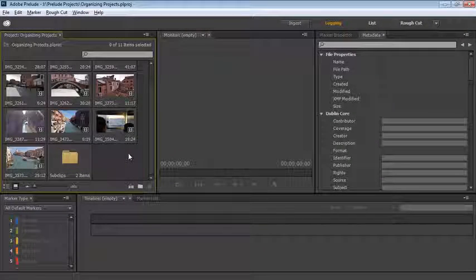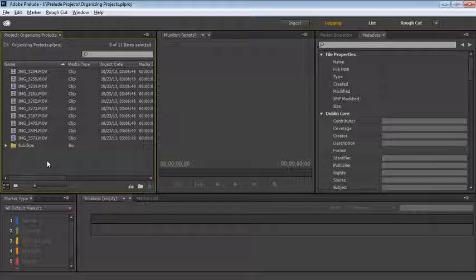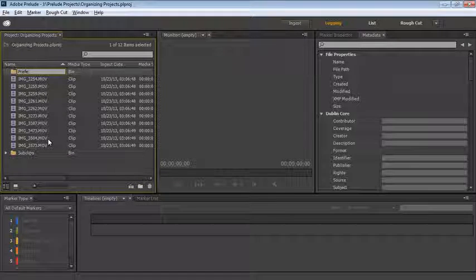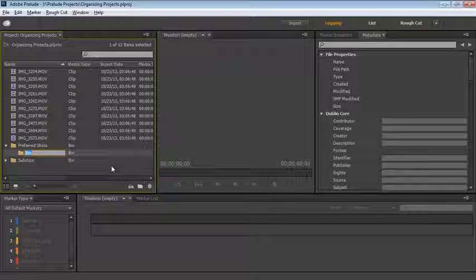Once you have some media inside Adobe Prelude, the fun really begins. The first thing you're going to want to do is probably organize your contents a little bit. So here in my project panel, I'm going to go back to the list view and make some bins. So let's call these preferred shots maybe, and let's have an alt takes. You can see I had my preferred shots bin selected, and when I click the new bin button it put the bin as a subdirectory, so that's okay.